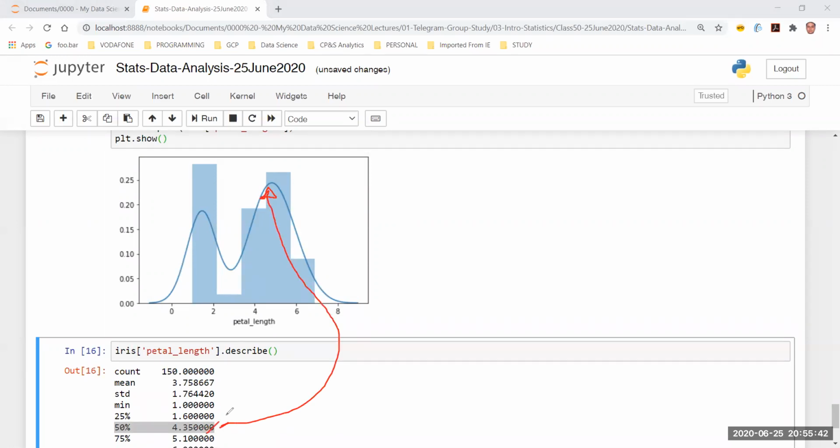This number here does not represent this. Why? Because the height of this is actually more than the height of this. Now, by the height, what do I mean? It is the probability, or the density, right? So that is why it is called the PDF. So the density of this value is far more than any other value. That's why it's going to consider this as the value.